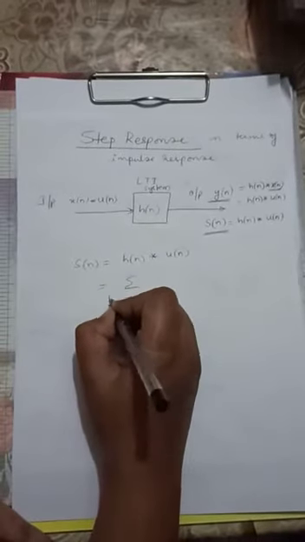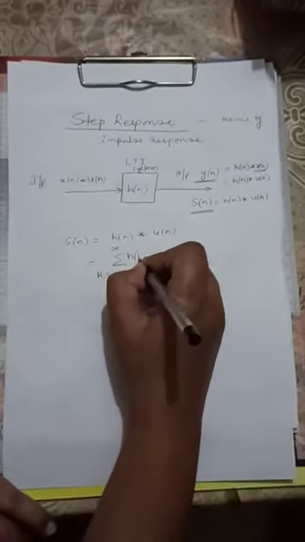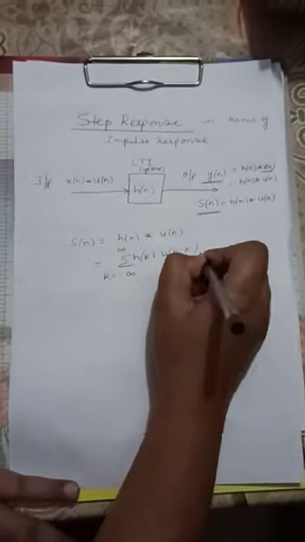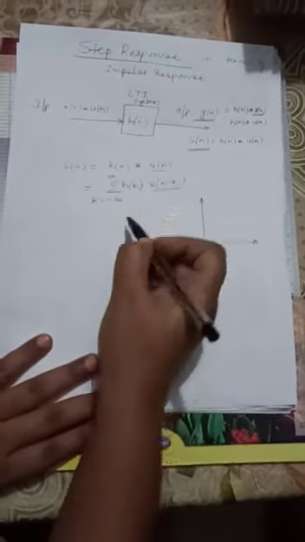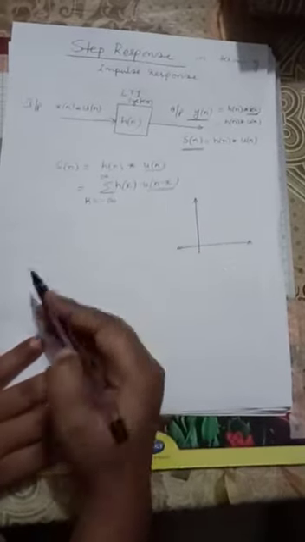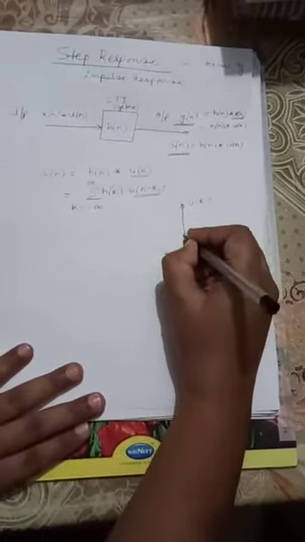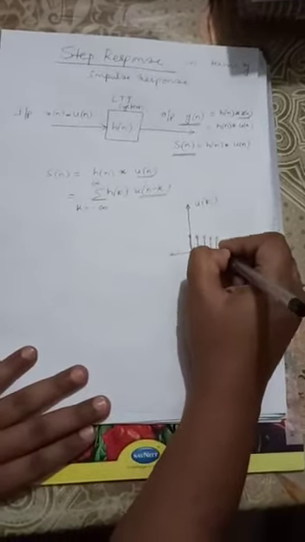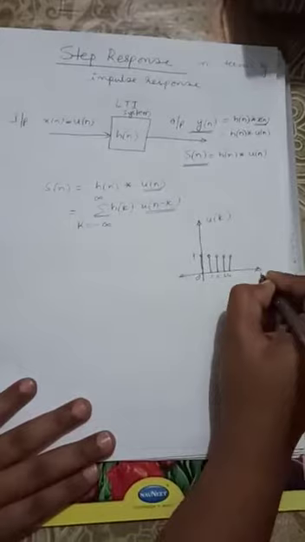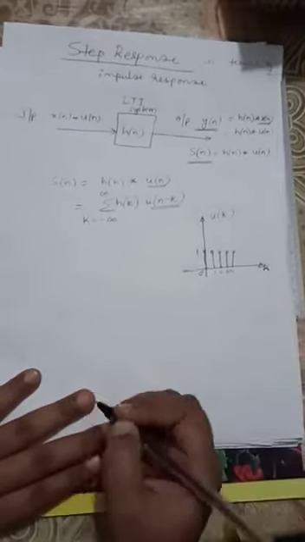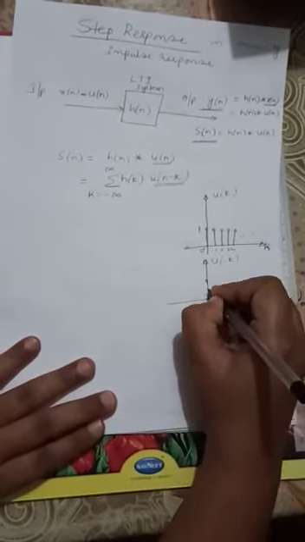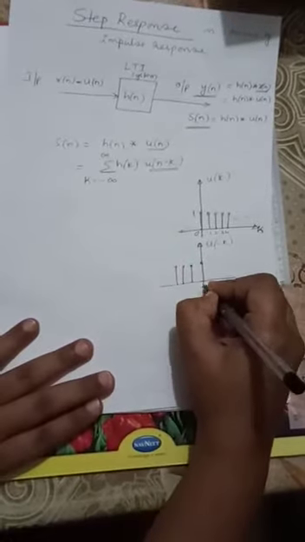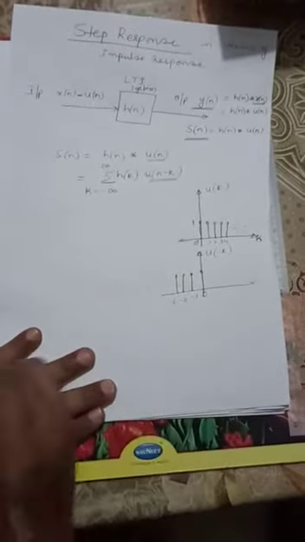So this is equal to what? Summation k equals minus infinity to plus infinity h of k u of n minus k. Okay, so now for an example, let me take the input, because I have taken x of n as the second signal, so I have to fold and shift this signal, isn't it? So this is your u of k. u of k means the value is 1 from 1, 2, 3 up to infinity. So this is an infinite signal. Now if I fold this, you will get u of minus k. Folding a signal means getting a mirror image: minus 1, minus 2, minus 3, and so on.